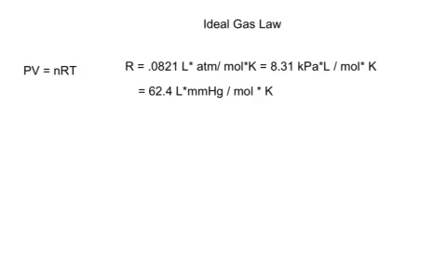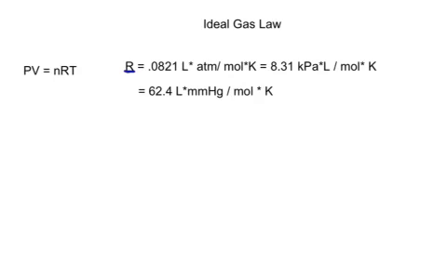Today's topic is the ideal gas law. It sounds a little crude, but the way to remember the ideal gas law is "pervnert." So it's PV equals nRT. P is pressure, V is volume, n is number of moles, R is called the universal gas constant,